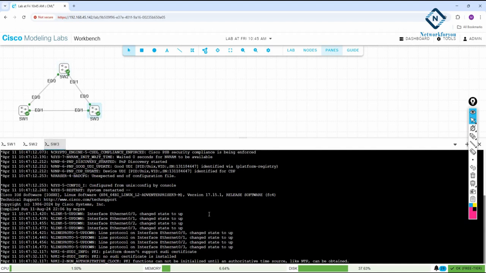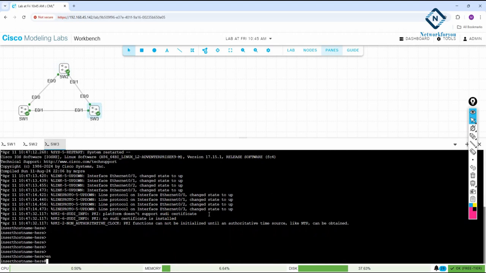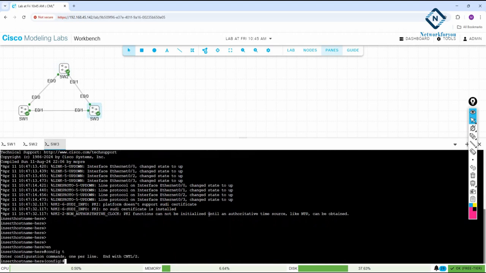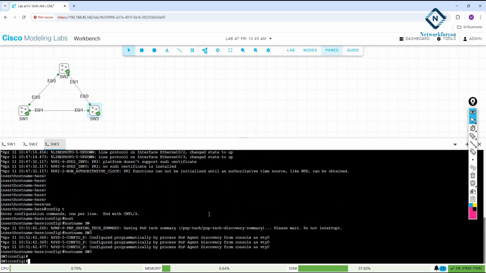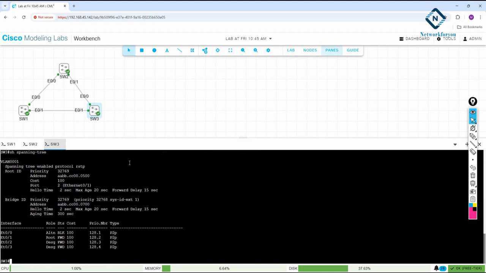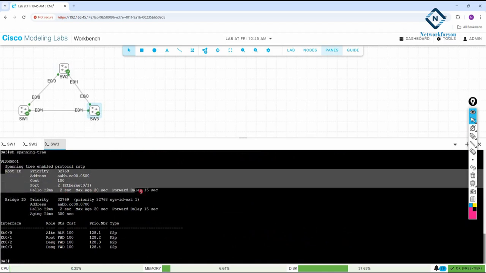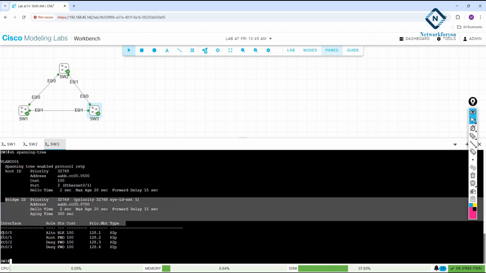Now I can go to the switch 3 and we can check here also. I will write here enable, and I can change the configuration. I will write here host name is SW3. Okay, and then we can write here show spanning tree, and you can see here we are inside the switch 3. So this information is a king switch information, this information is a local switch information, and these ports,